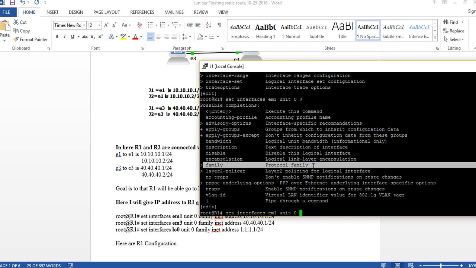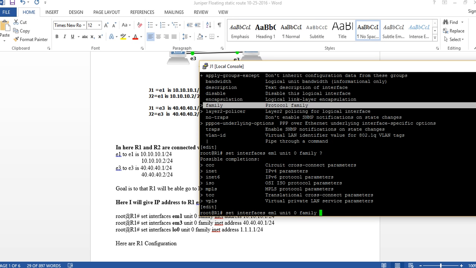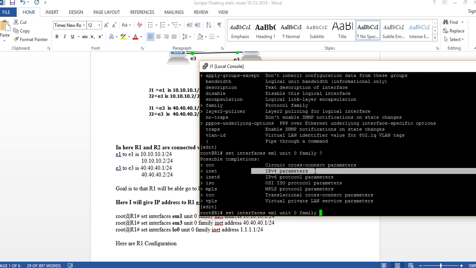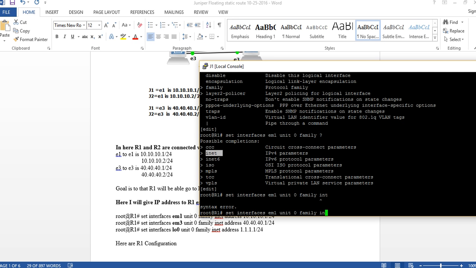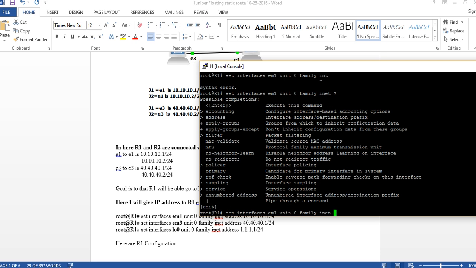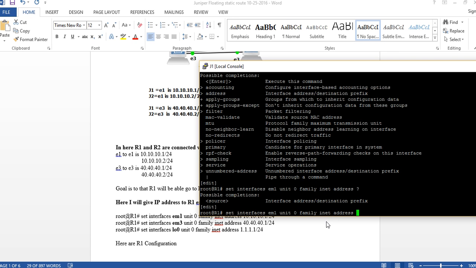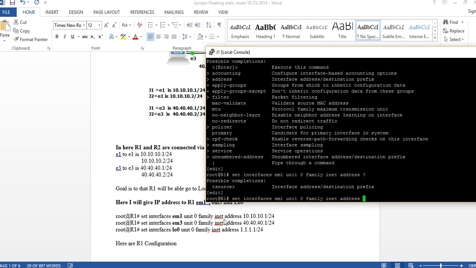After unit 0, you need a protocol family, so I put family, question mark. Here again, if it's IPv4, you use this. If it's IPv6, you use that. If it's MPLS, you use MPLS. But here it's IPv4, so I'm going to say inet, tab key, space, question mark. Again, after that I need address. So I type the word address, question mark. Now I've got to give the IP address, which for em1 is going to be